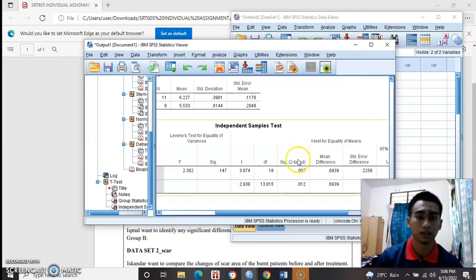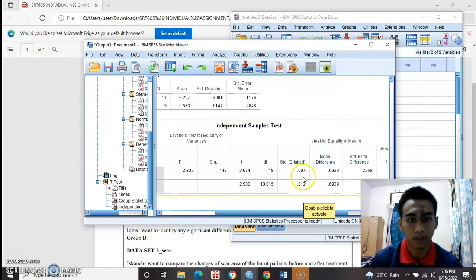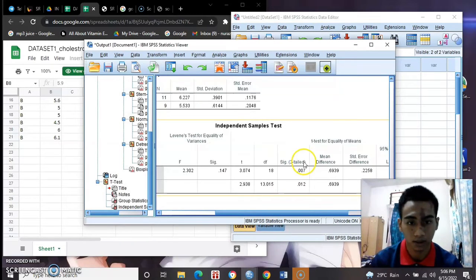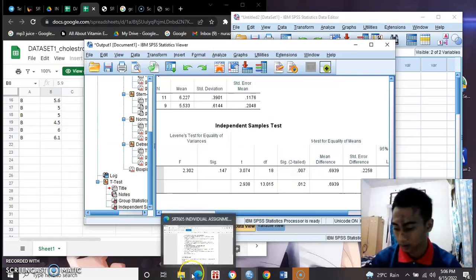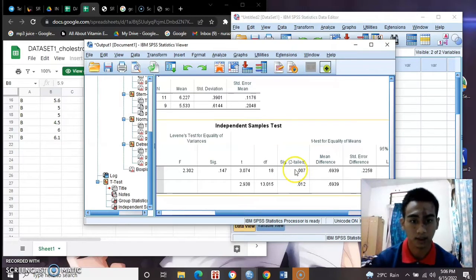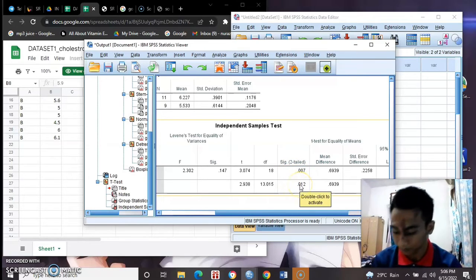So the significance two-tailed is more than 0.07. So set the hypothesis and level of the significance. There is a significant difference between both groups, which are 0.07 and 0.12, and the indication of significance